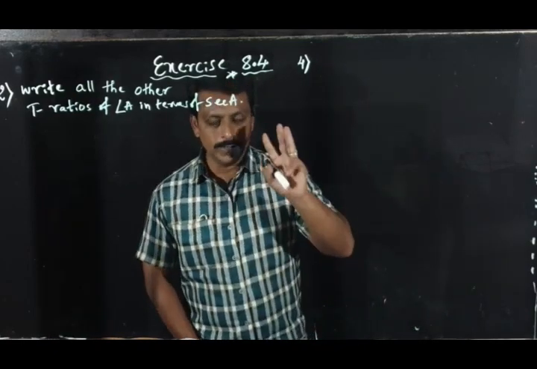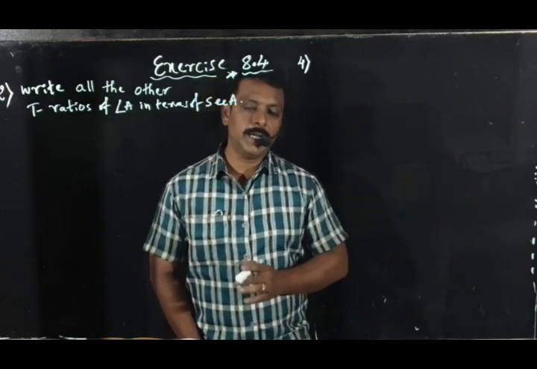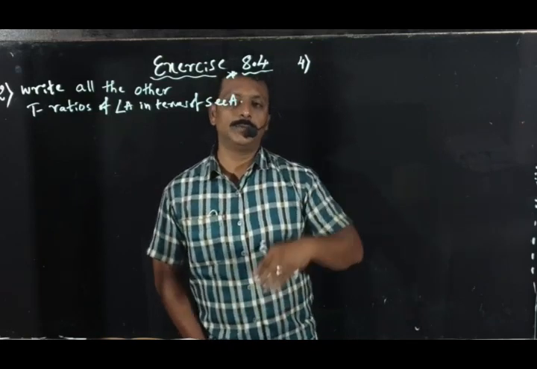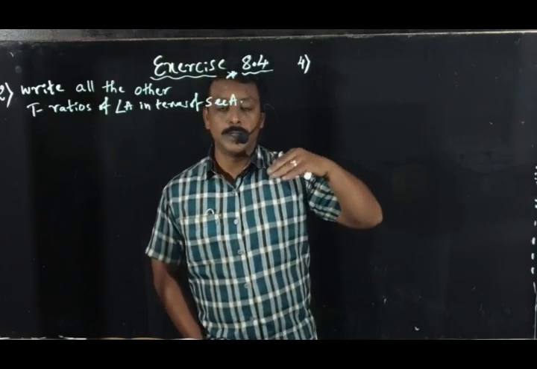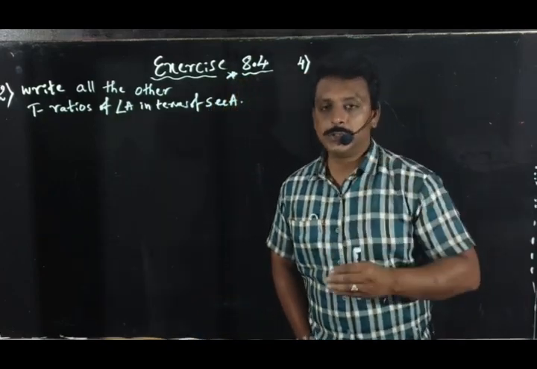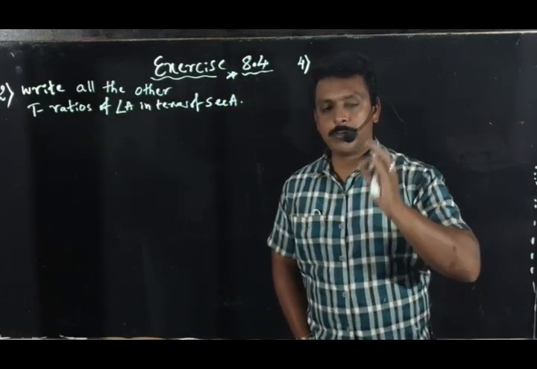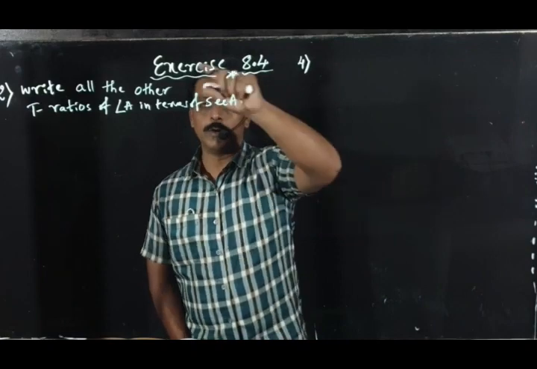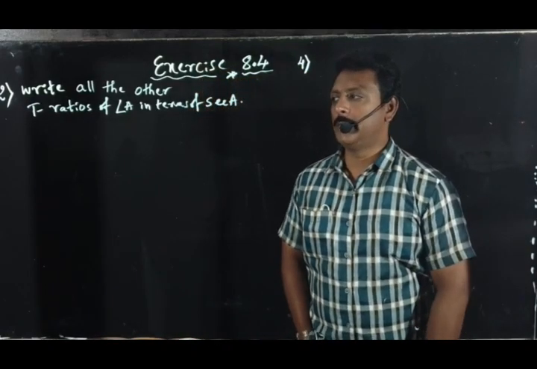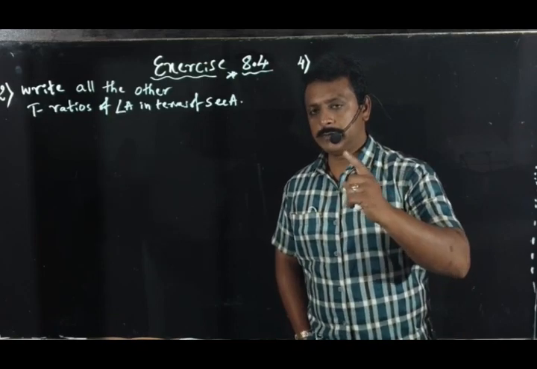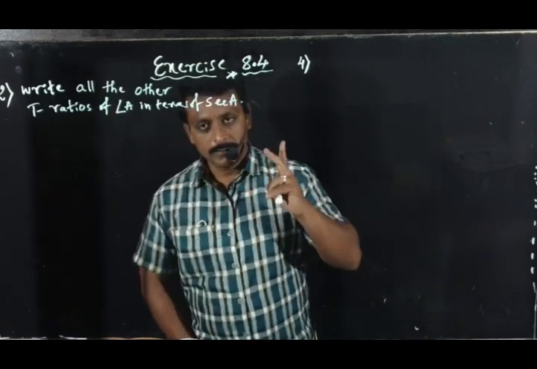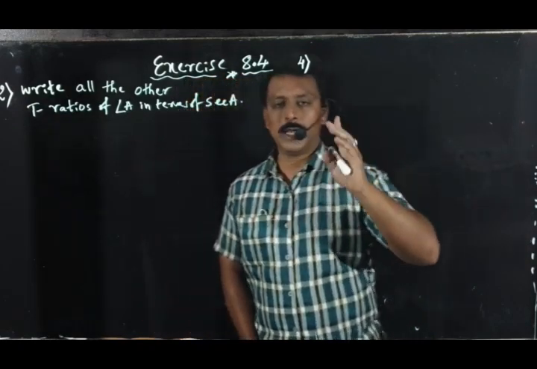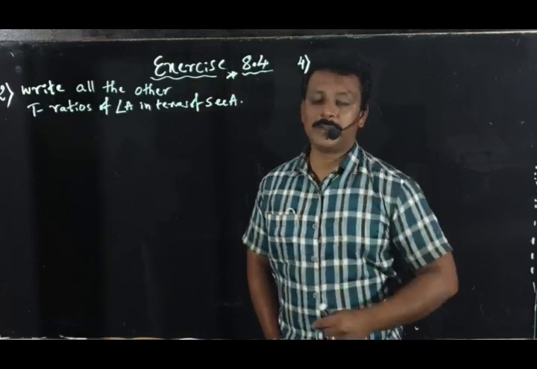If you understood these three identities, and before that, whatever all the trigonometric ratios, complementary, reciprocal of trigonometric ratios, quotient of trigonometric ratios, trigonometric specific angles, everything you should know to solve exercise 8.4. I already wrote exercise 8.4 in front of you. In that, the first main question and second main question are similar only. So out of these two, the first sum is easy, so you have to take the first sum as homework.